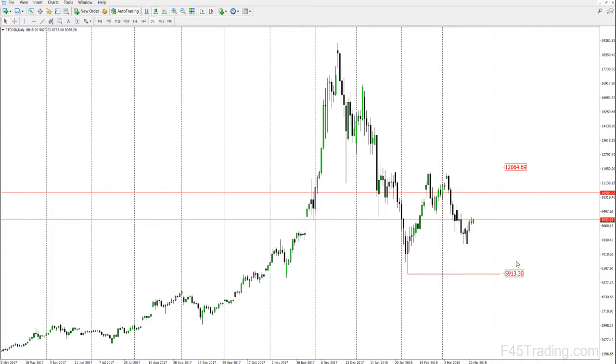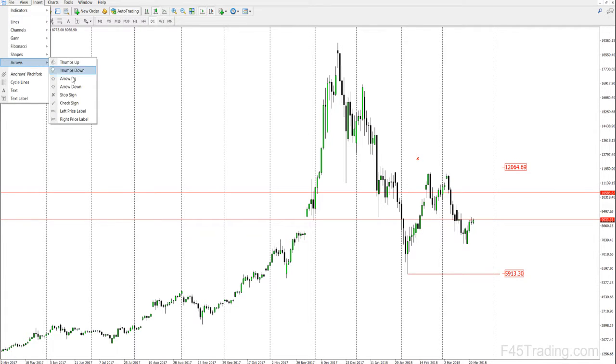5,900, call it close enough, 5,900. That's where my target would be. I should rephrase that. That is exactly where my target is. And then whether they want to continue it lower from there, or double tap and create two equal lows or whatever, I don't know from there. I don't know what's going to happen. But here's where all the liquidity is right now. I can tell you this for a fact. All right there, and all right